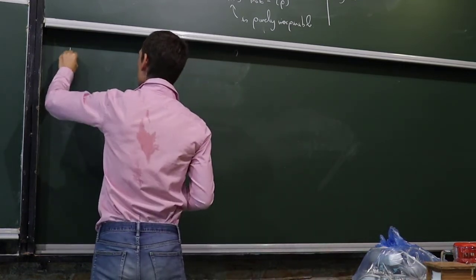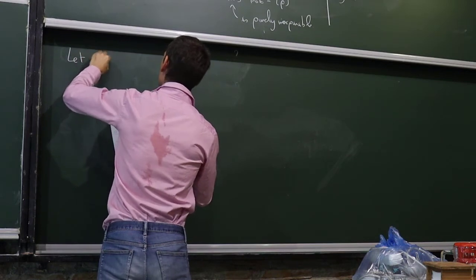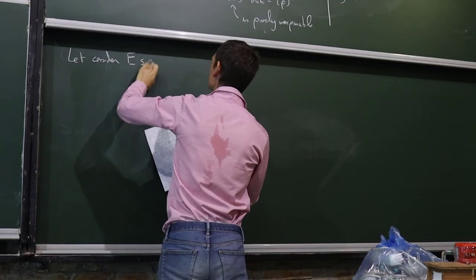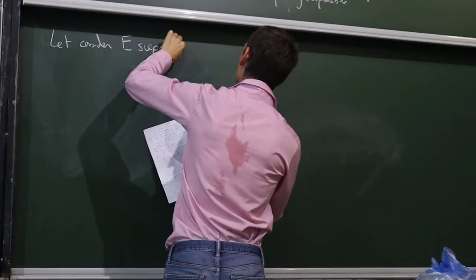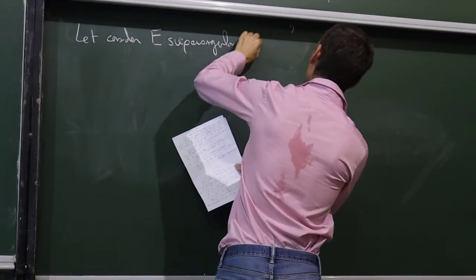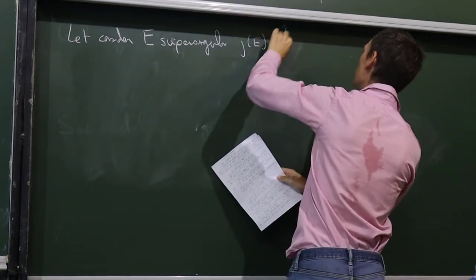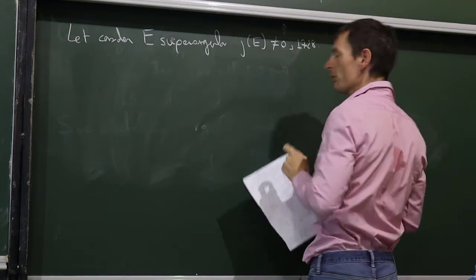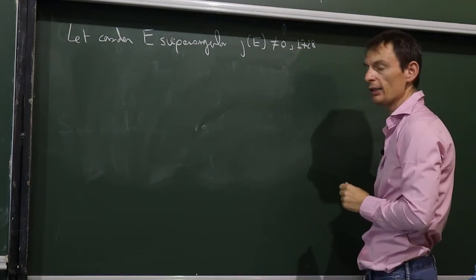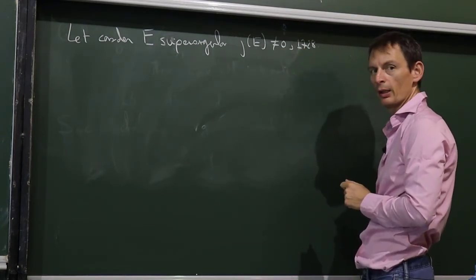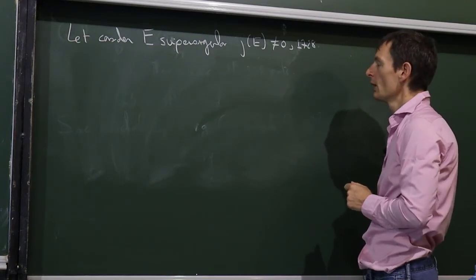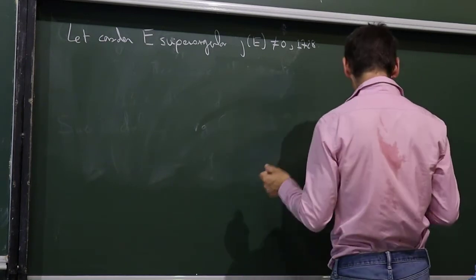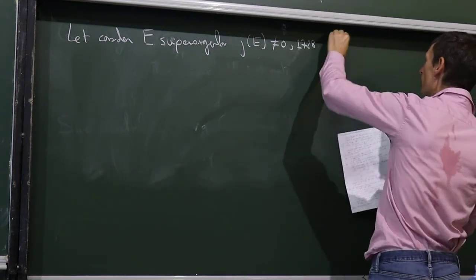Now, let's consider E supersingular with j-invariant different from 0 or 1728. Excluding these two values means I don't want any other automorphism on the curve than plus or minus 1. Right? And can I find such a curve? Does it exist? Well, in general, no, but it exists